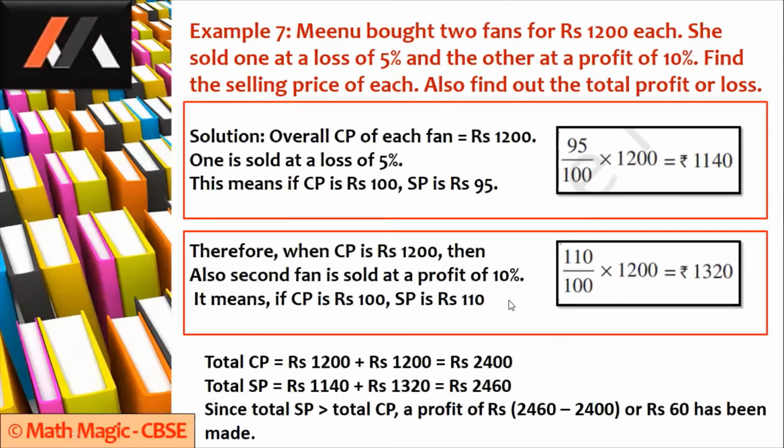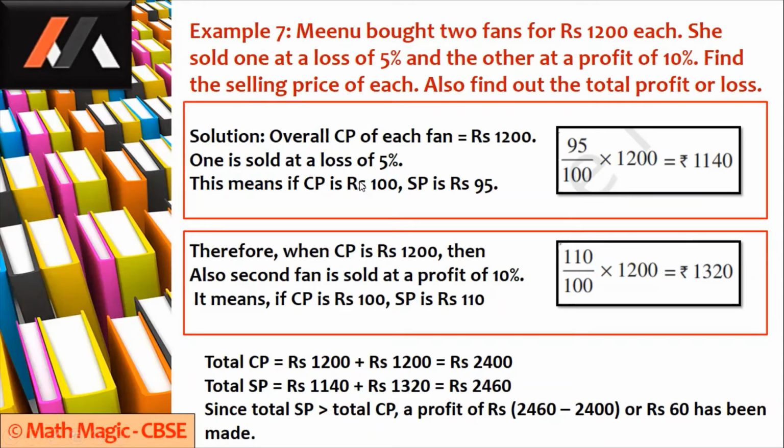Example 7. Meenu bought 2 fans of rupees 1200 each. She sold one at a loss of 5% and the other at a profit of 10%. Find the selling price of each and also find out the total profit or loss. Now, there are 2 fans in this case. The overall cost price of each fan is rupees 1200. Meenu bought 2 fans for 1200. So the cost of one fan will be